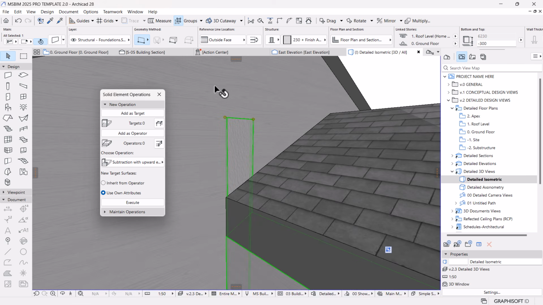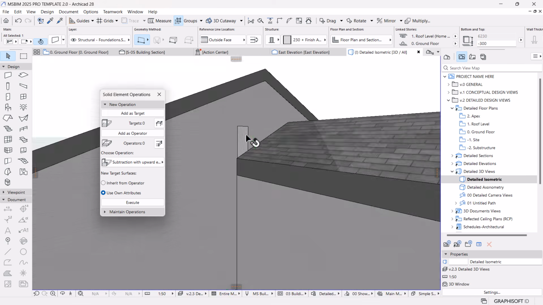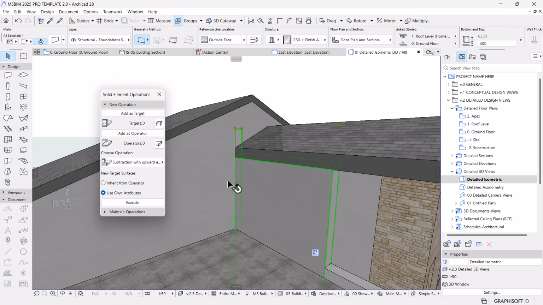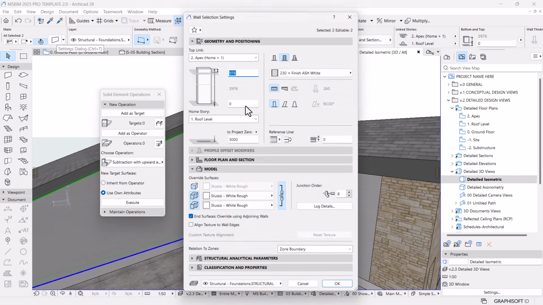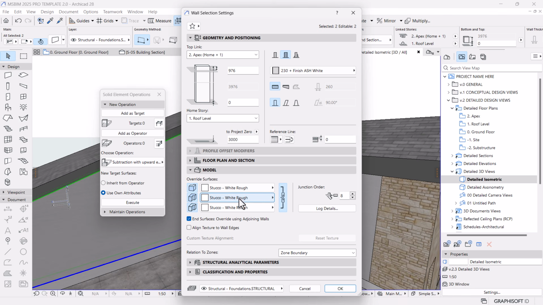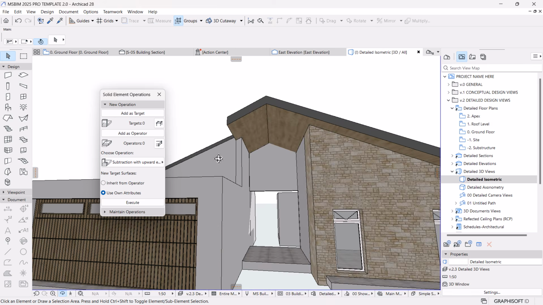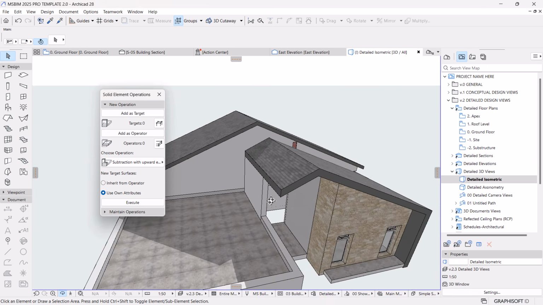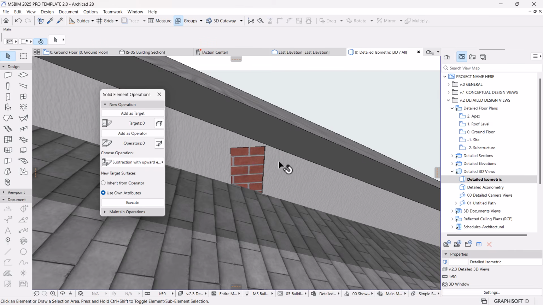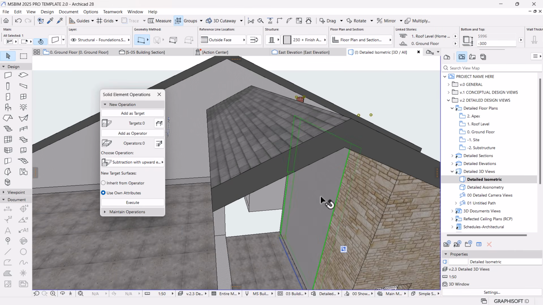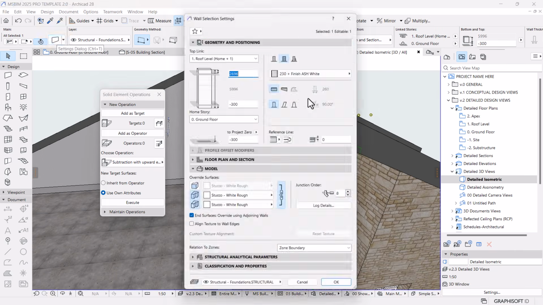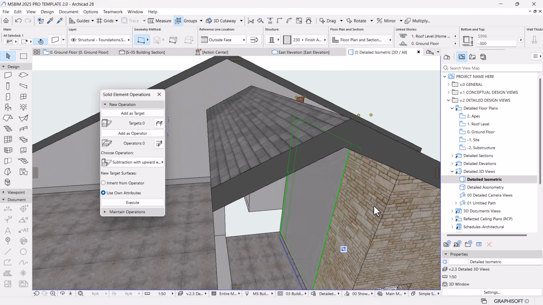But the surface needs to match up. I don't know why this is on. The surface needs to match up. So if you say select all the walls, then make it stucco, yeah, that should resolve that problem. Okay, so let's see how we can address this one. We have that wall, should be also on stucco,